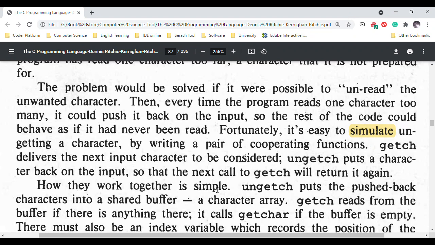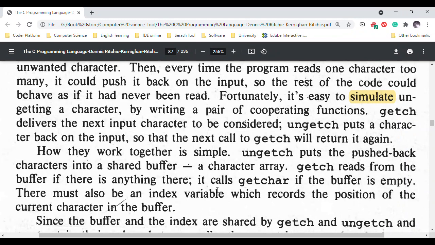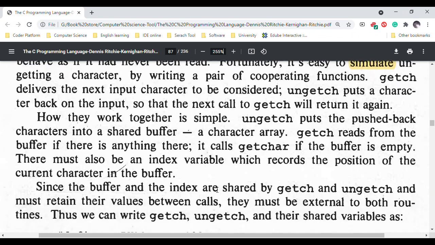Fortunately, it is easy to simulate ungetting a character by writing a pair of cooperating functions. getch delivers the next input character to be considered, and ungetch puts a character back on the input so that the next call to getch will return it again. How they work together is simple. ungetch puts the pushed back characters into a shared buffer, a character array. getch reads from the buffer